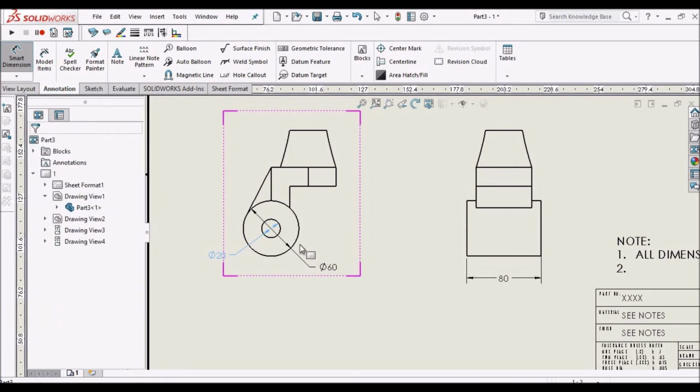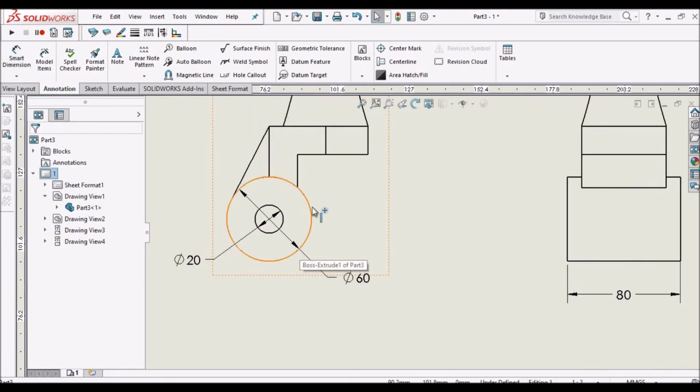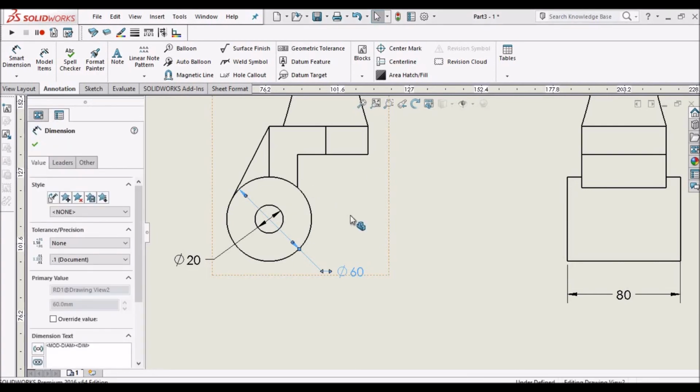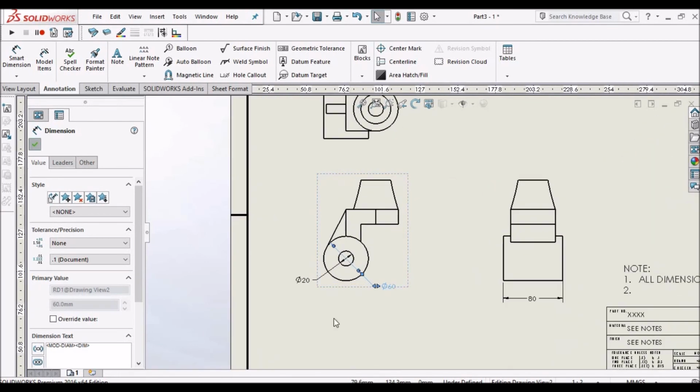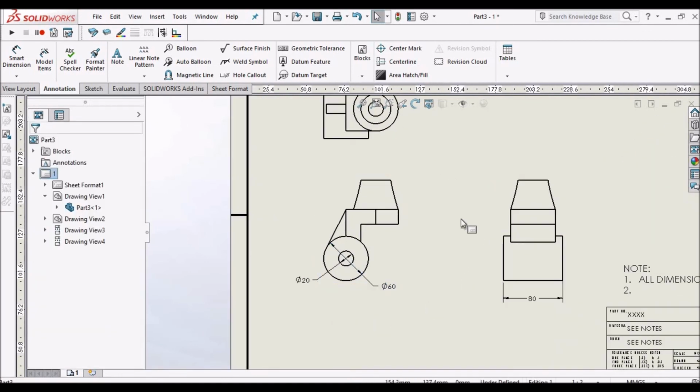See, whenever we create any kind of drawing, if circle is complete, then we have to give diameter. If it is an arc, then we have to give radius. This is thumb rule. Okay.